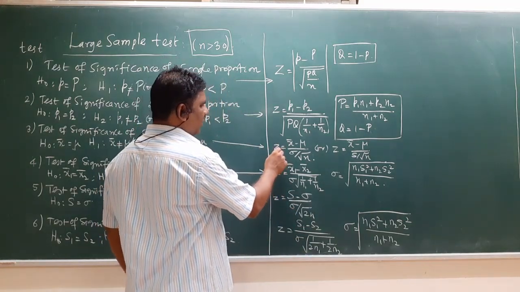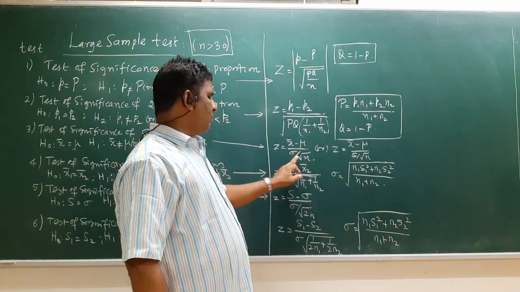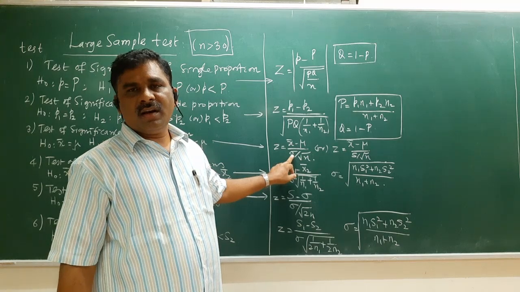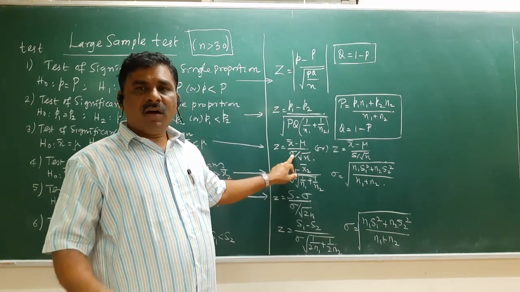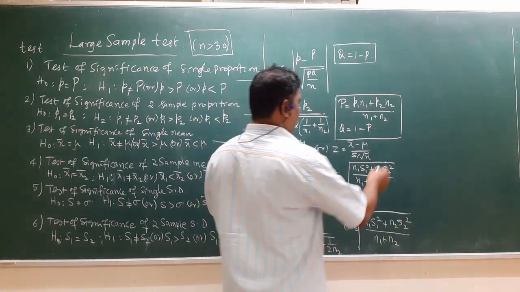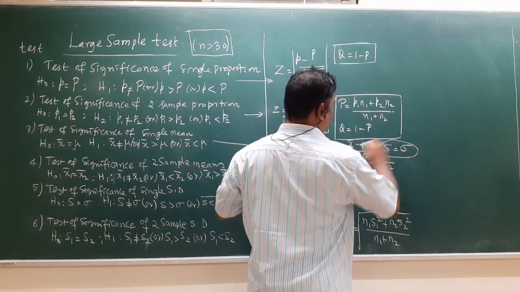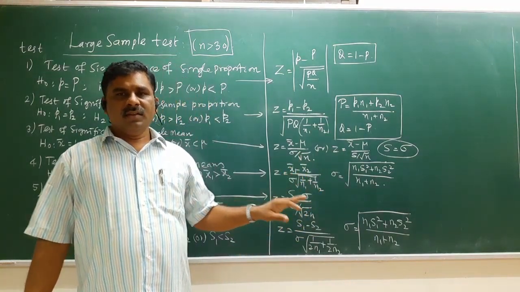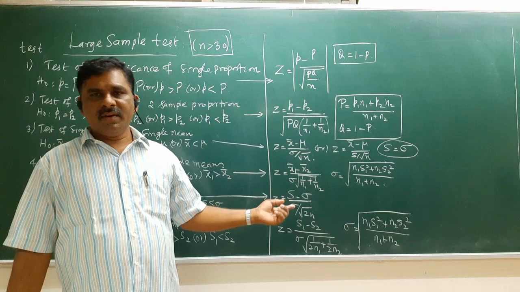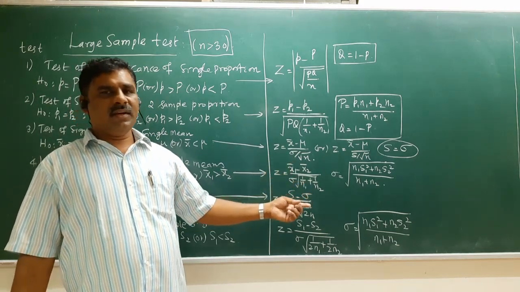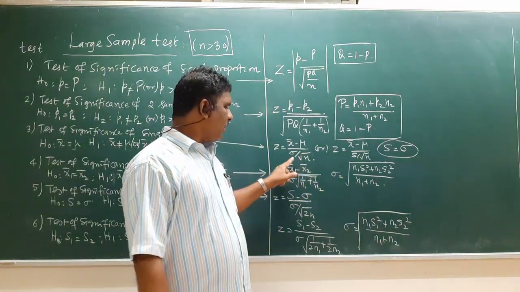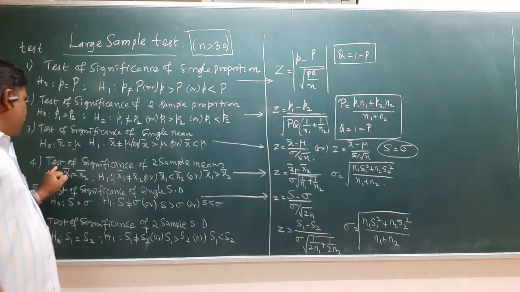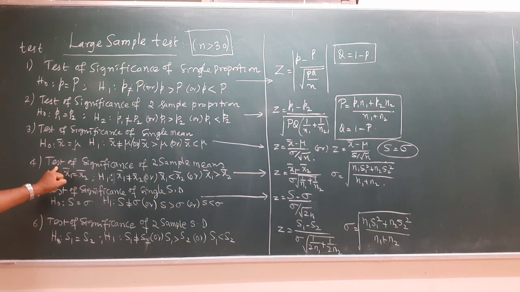Test statistic here is equal to x bar minus mu by sigma by root n. Sometimes the sample standard deviation may be given or the population standard deviation may be given. For a large sample, approximately you take S equal to sigma. So whether the sample standard deviation is given or the population standard deviation is given, you have to write the respective formula. Okay, fine.